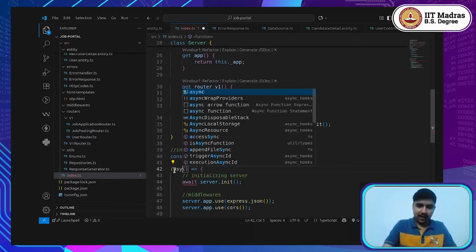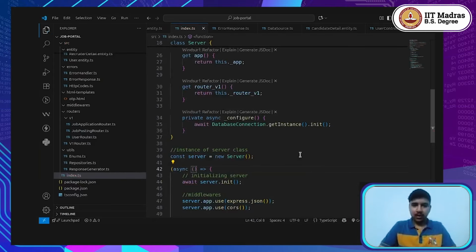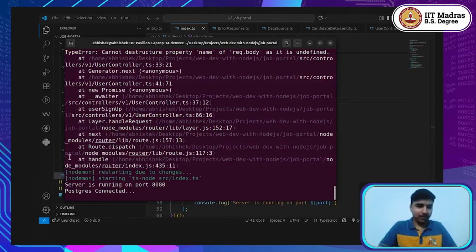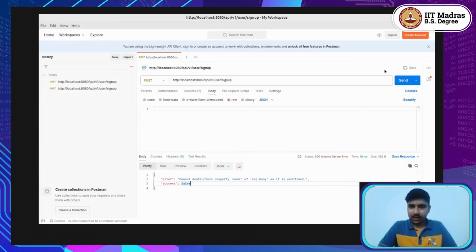And okay, let me make it async. And if I refresh this, I hope the application should be refreshed by now. Yes. And if I hit it again,